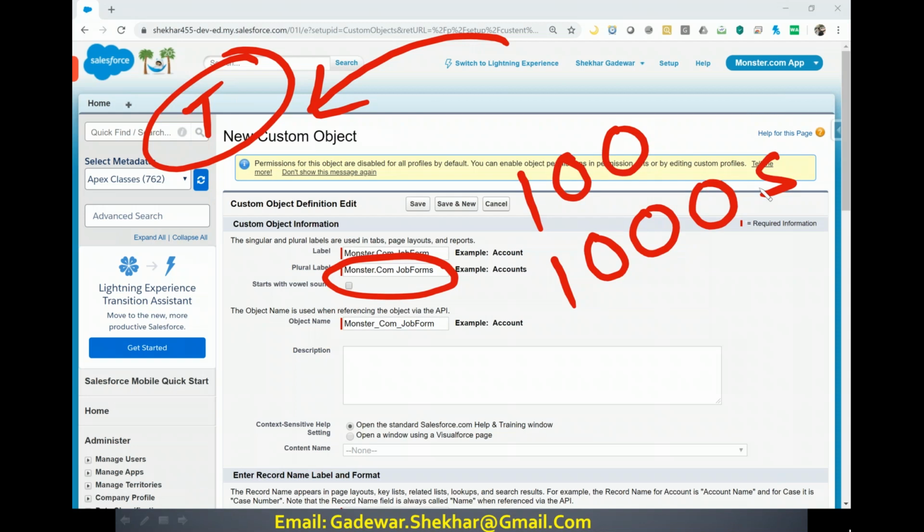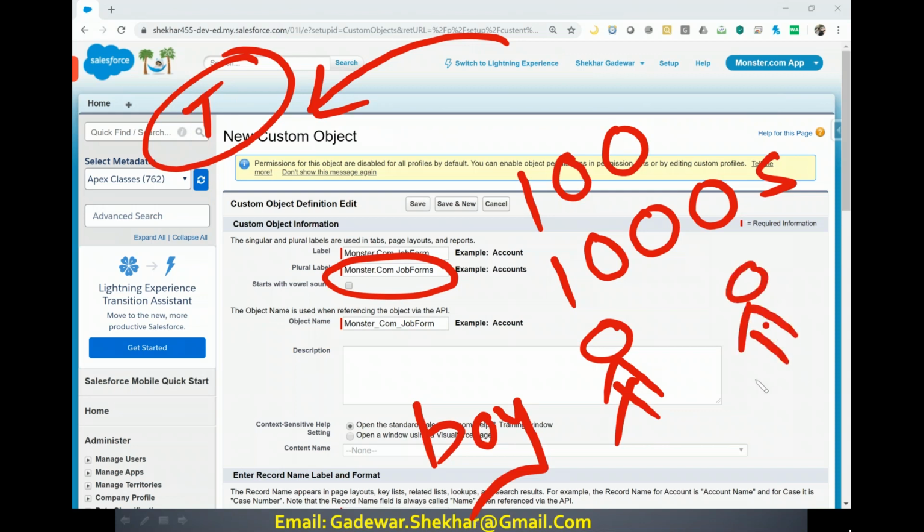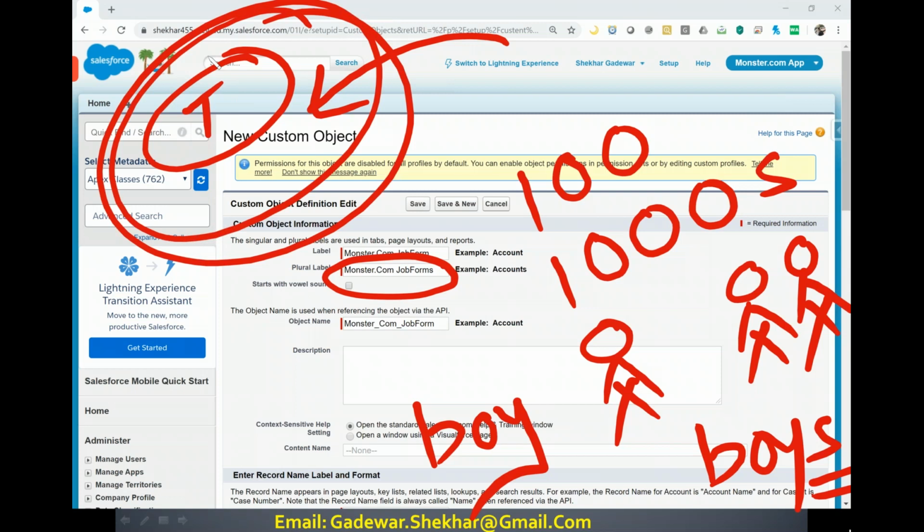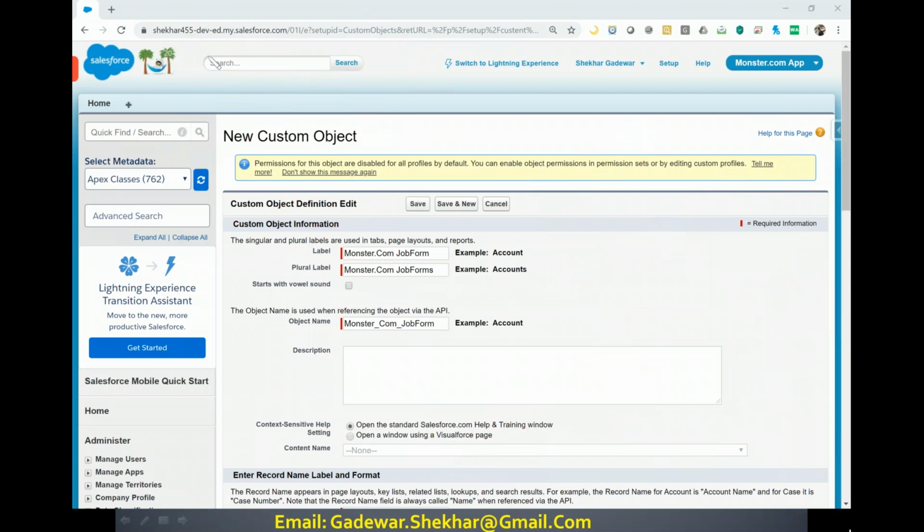Now, as per your English grammar, which you learned in your school days, where your teacher taught you that if you have one entity, you use a singular name. If you have multiple entities, then you use a plural name. Please note, as per that format only, we give plural names for the tabs in Salesforce, because in this industry, the convention is the tab name should be a plural name because we have multiple records in that. Okay, that's why we have given